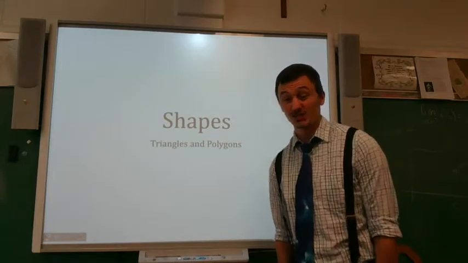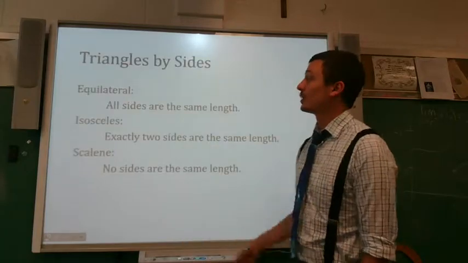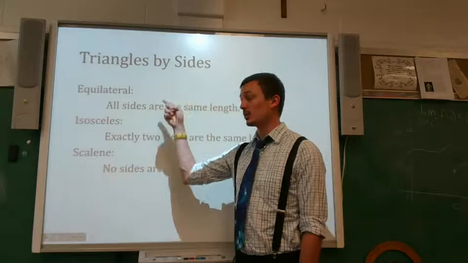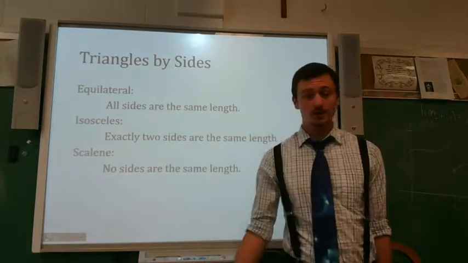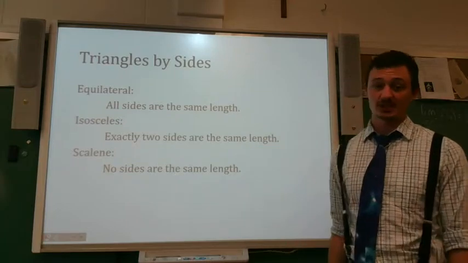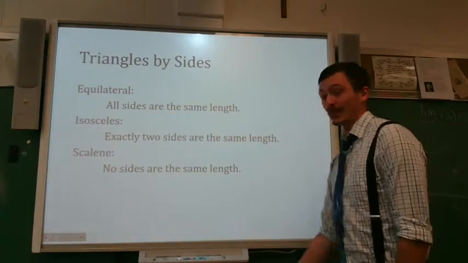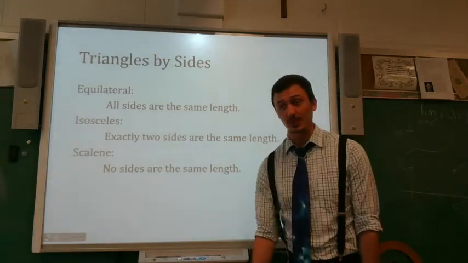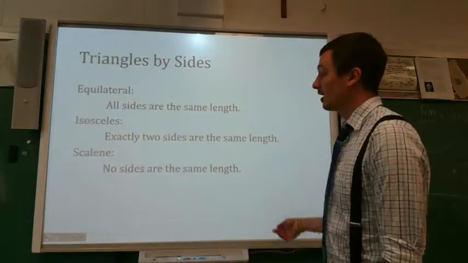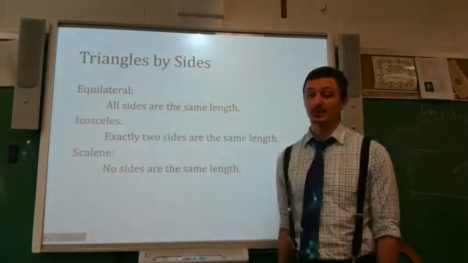Okay, let's talk about shapes, specifically triangles and other polygons. By sides, triangles can be classified as equilateral, isosceles, or scalene triangles. In an equilateral triangle, all sides have the same length. In an isosceles triangle, there are exactly two sides of the same length, and in a scalene triangle, no sides are the same length. Now, this is important that there are exactly two sides of the same length in an